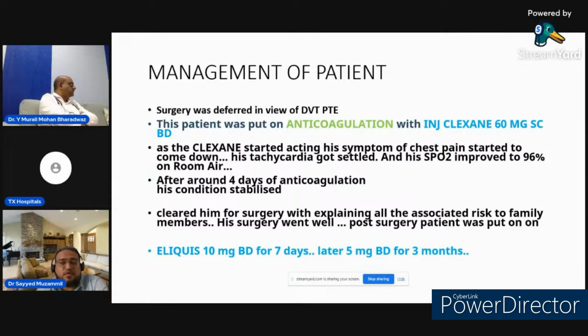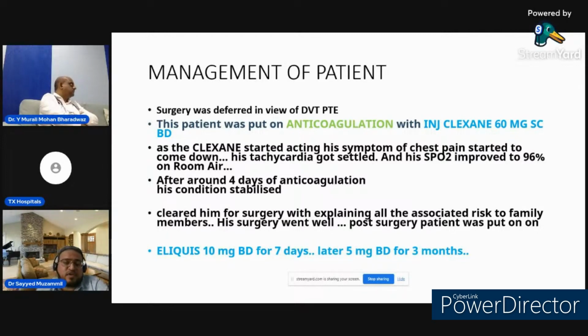So I started him on injection Clexane 60 mg BD as a treatment dose for pulmonary embolism. And as the Clexane started to act, his symptoms of chest pain resolved and tachycardia got settled. His saturation improved to 96% on room air. And after around 4 to 5 days of anticoagulation, his heart rate stabilized and his saturation improved, and he was symptomatically better. So I cleared this patient with high risk for surgery, and fortunately he underwent surgery, and it was